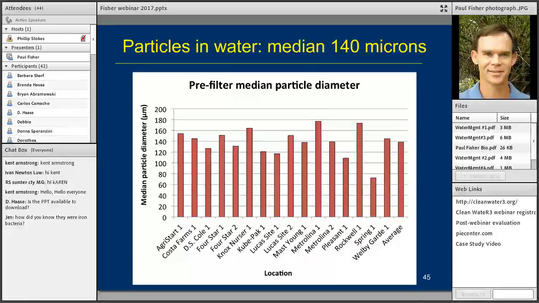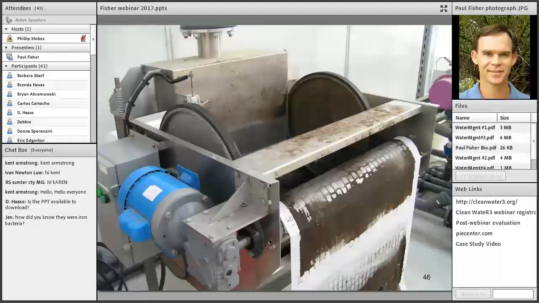And so here we've got a number of different greenhouse locations around the US, and the median particle size, so half the particles were larger and half the particles were smaller than this. And so you can see that somewhere around 140 or so microns was around the median particle size. So that means that with recirculated water, if we're using a 100 mesh screen or 149 microns, we'll take out roughly half the particles with that one pass. The dirtier the water is, the dirtier it's still going to be after filtration, and we may need an additional